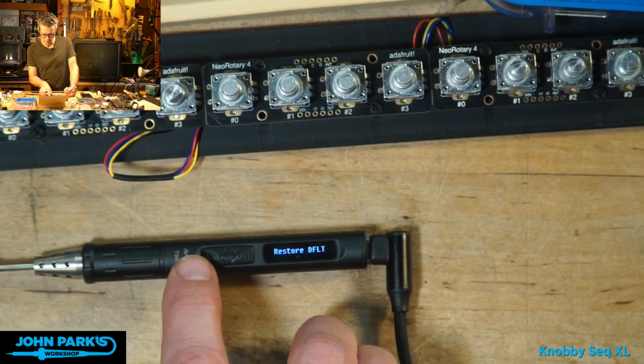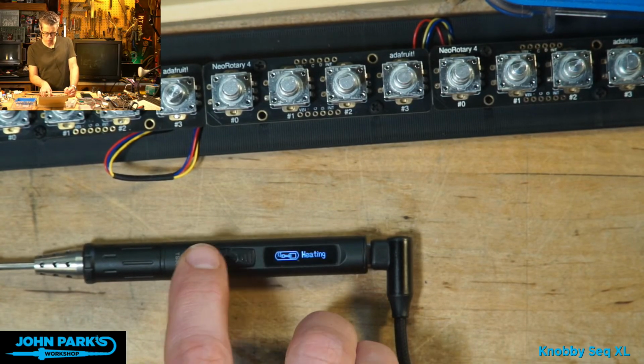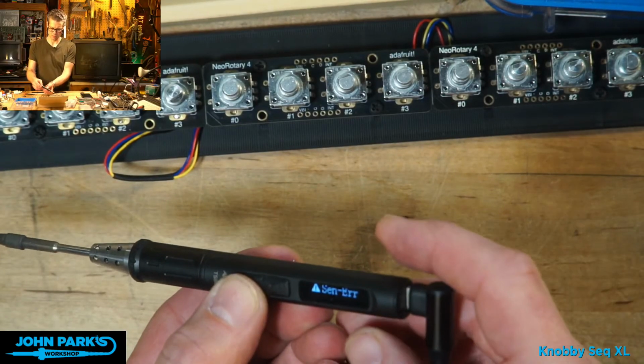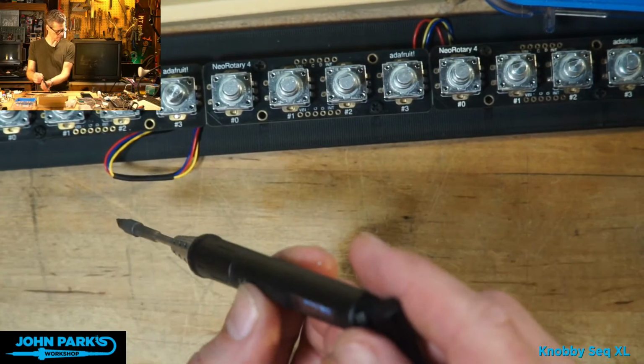Restore default. I'm going to hold this. Did that restore default? Heating. Yeah, no, I think it's really glitched out. Send error. That's like the accelerometer for...